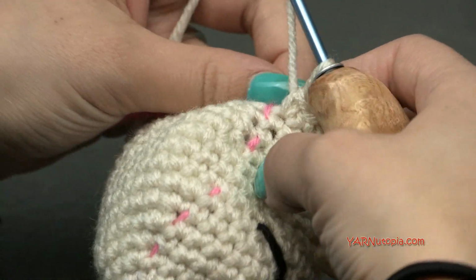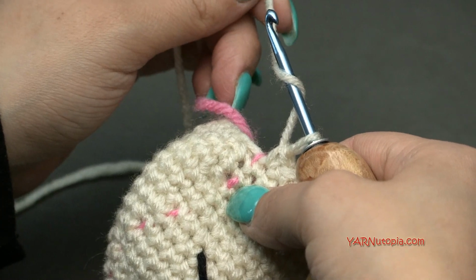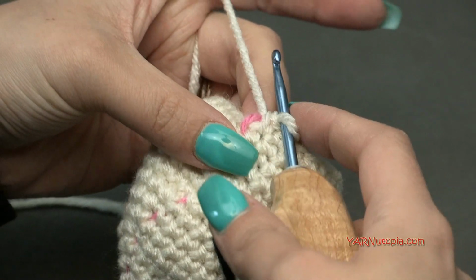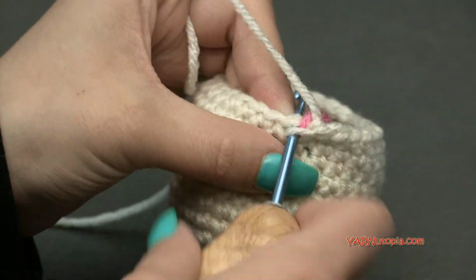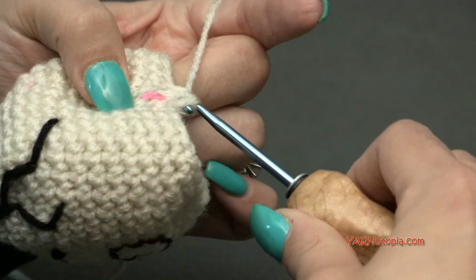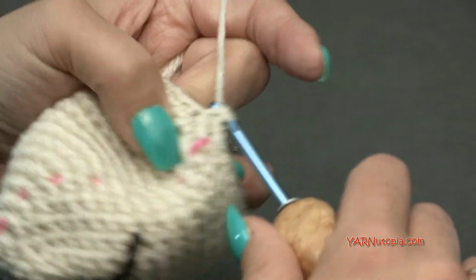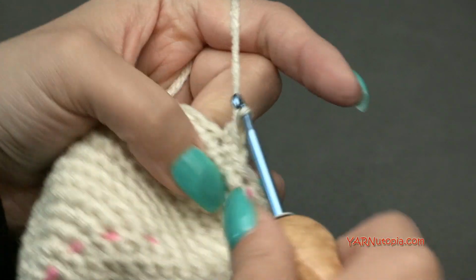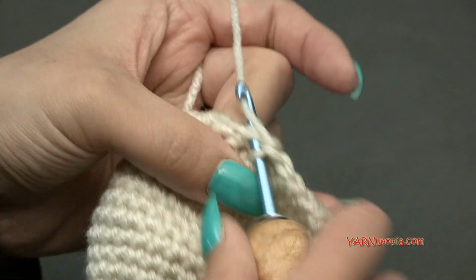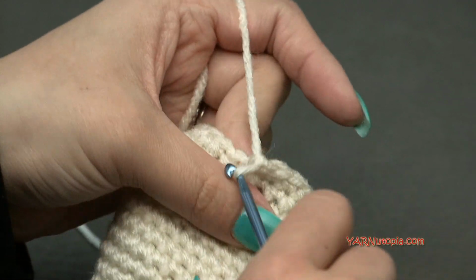Alright, I'm moving my stitch marker up. So on round 16, I had 26 stitches. So now round 17 is a little different, and I'll show you how to do that. We are going to single crochet 2 together. Okay, and then we're going to single crochet into 5 stitches. So 1, 2, 3, 4, and 5. Now we are going to single crochet 2 together,